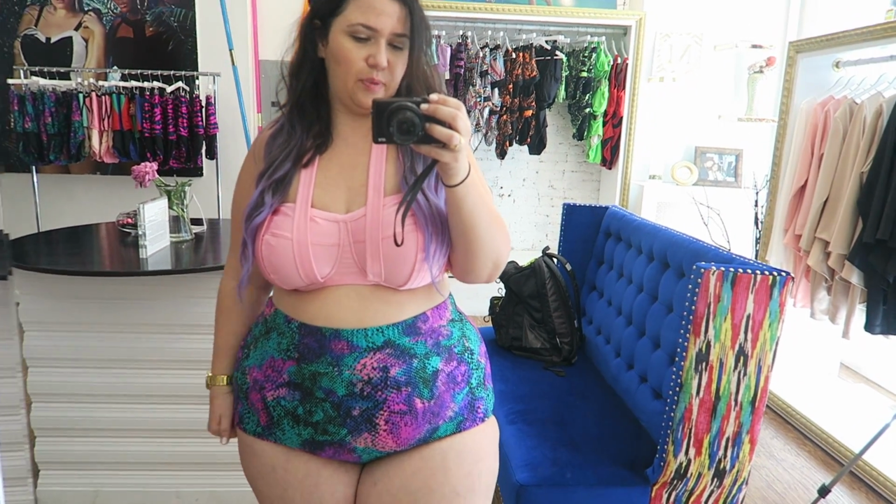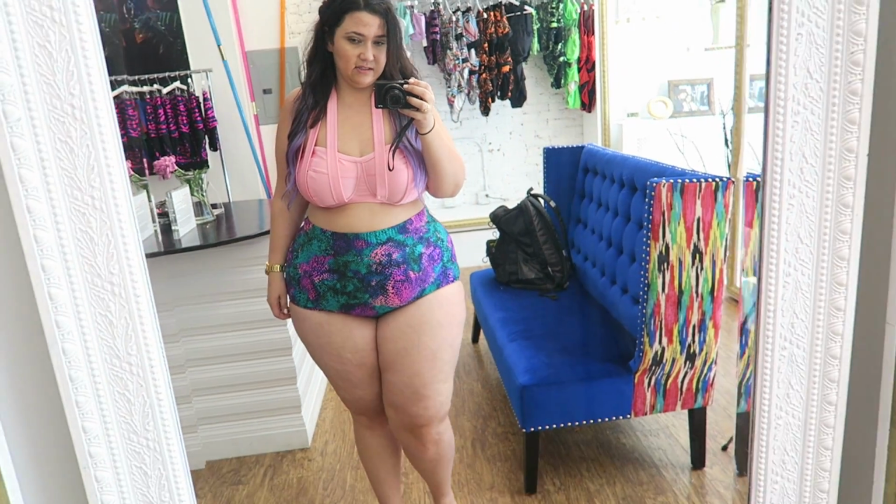It's really girly and really, really beautiful. To bring a size 20 in the bottoms, I felt like I could size down. We have a little bit of extra space here, so yeah, sizing down would have been good. And then I'm wearing a size 14 in the top here. But wasn't that a cute swim look? So if you guys are looking for a last minute summertime swim look, I think this is a